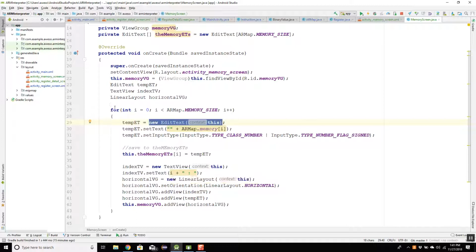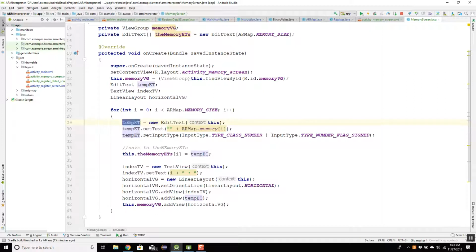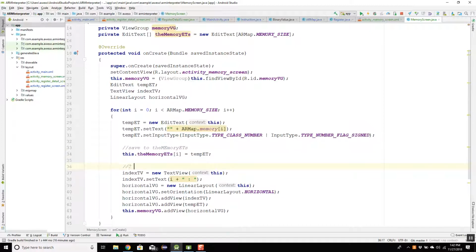Now, the next time through here, I am overwriting temp et with a new memory address, which will decrement the pointer counter for the previous memory address. When I add this guy here to my array of edit texts, its pointer counter goes up by 1. Because now, right after this line, there are 2 separate things